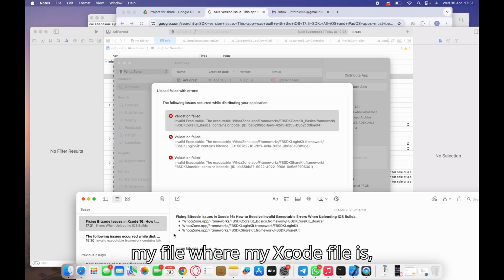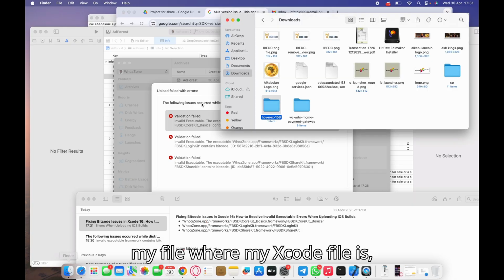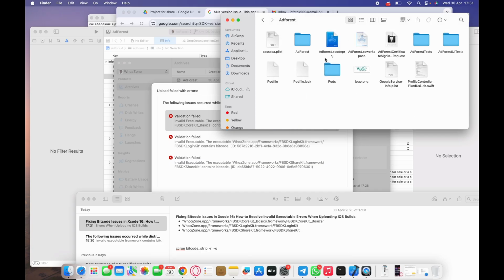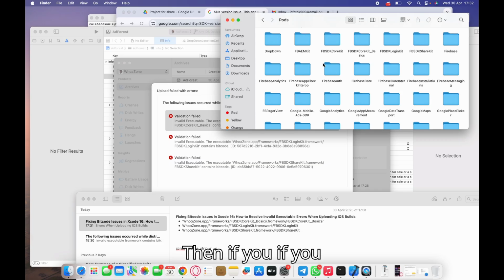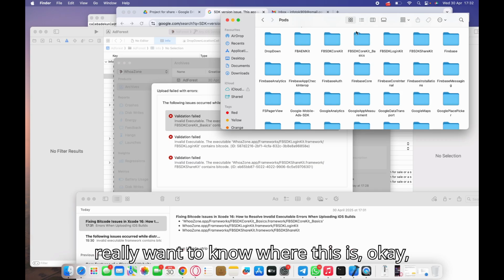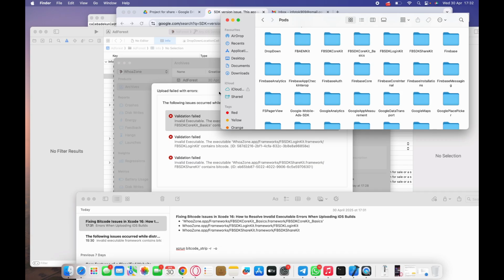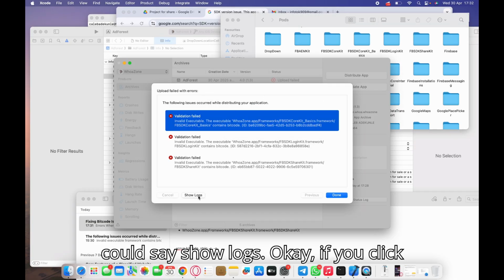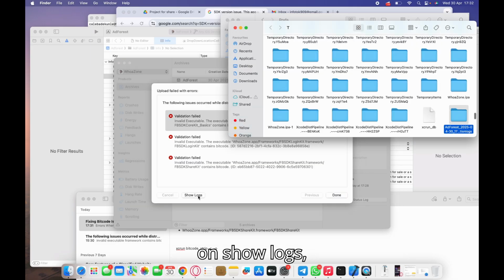So I go to my file where my Xcode file is, my documents, click on Adforest, right? Then click on pods. It's in my pod files, okay? Then if you really want to know where this is in yours, so you don't get confused, you could say show logs, okay? If you click on show logs,